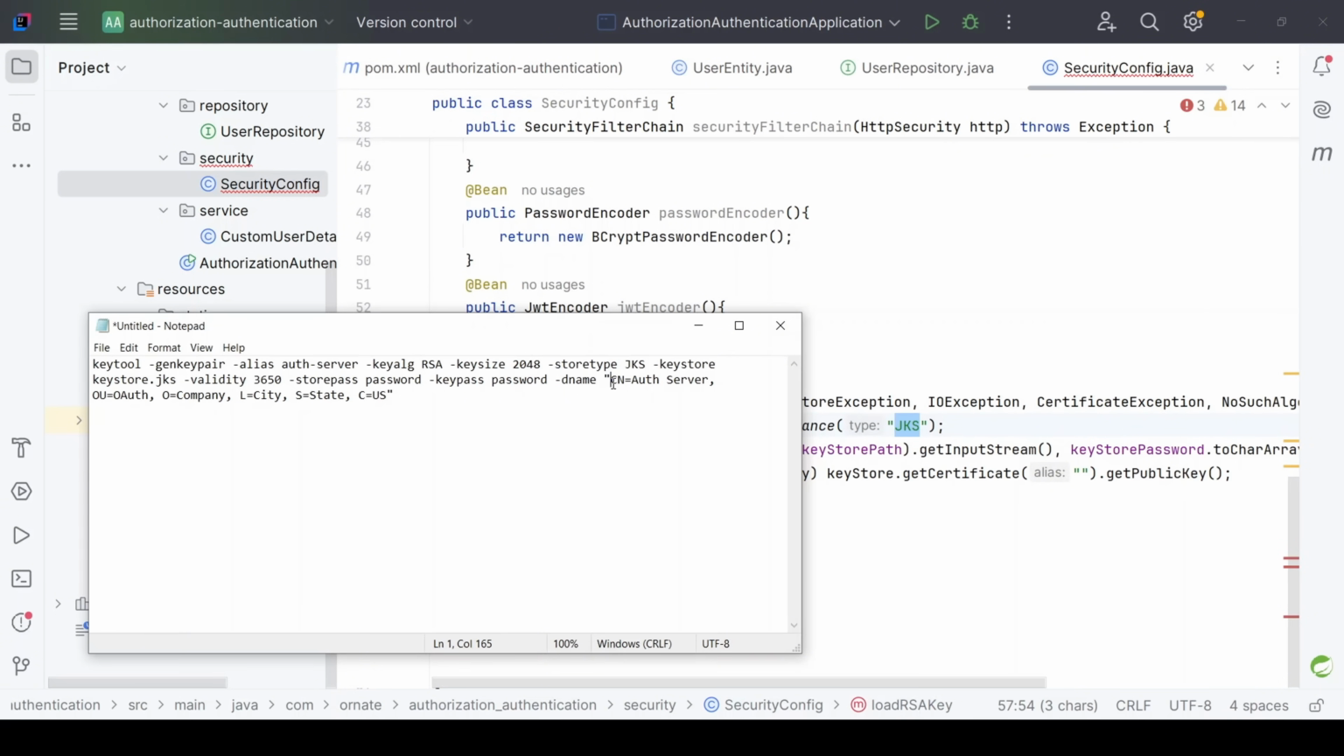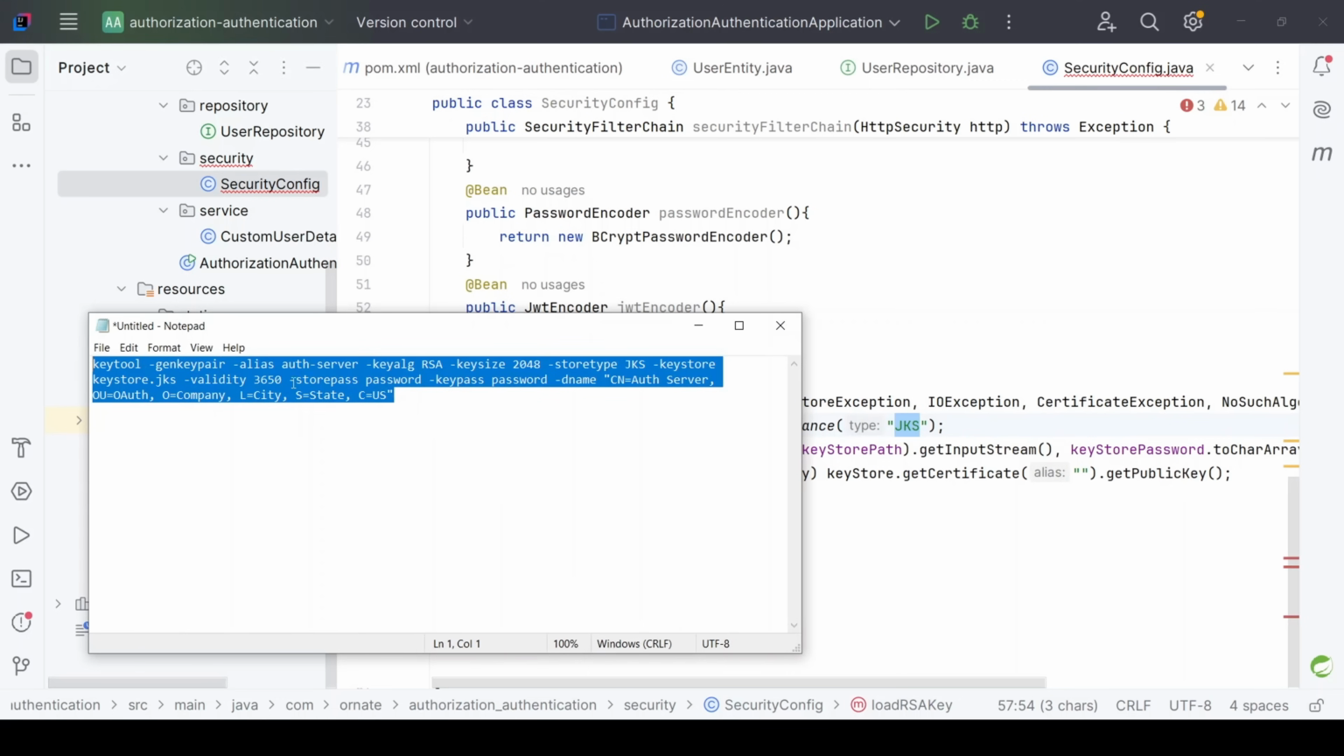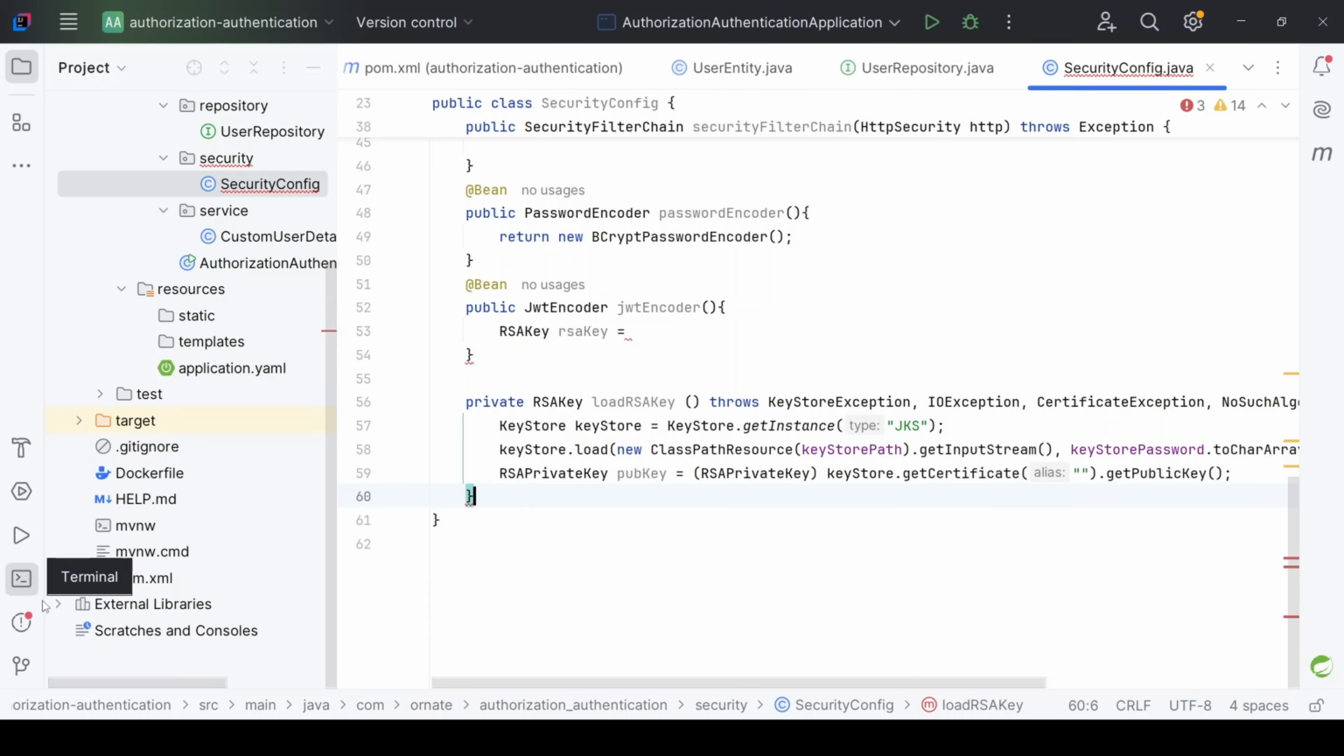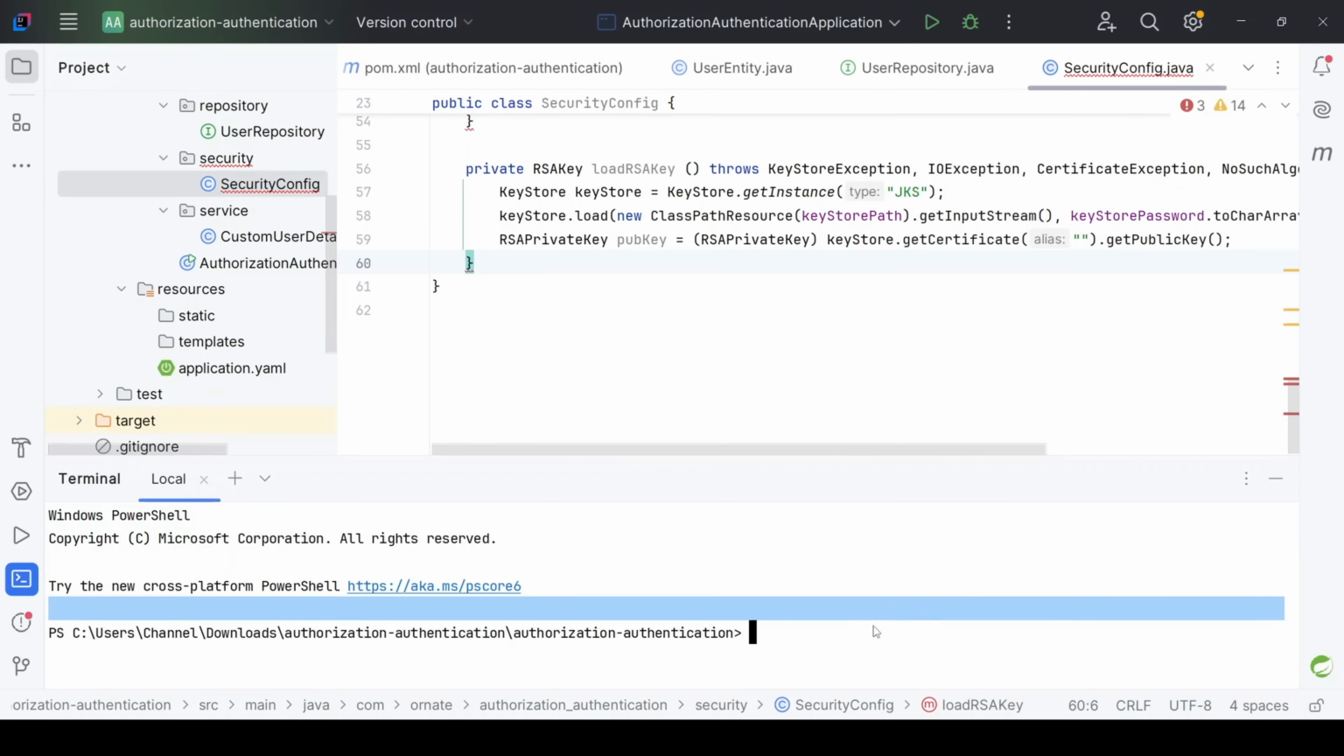And we have the CN, of course, as the Auth Server. We have the OU, organization unit, as OAuth. We have the organization as company, and then we have the location, which is the city, and then you have the state and the country. All right, so you could change all these things yourself, but for me, I'm just going to keep it simple like this and copy and paste. I'll put this in the description link so you could use this. And so I'm just going to run this, just copy and paste it,